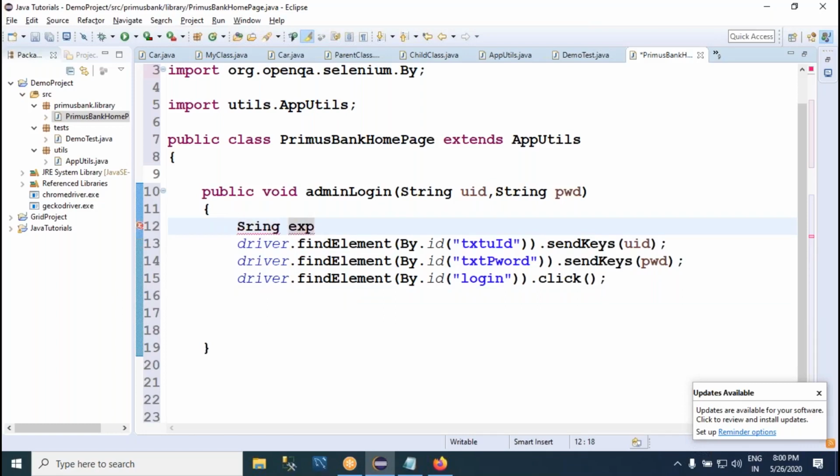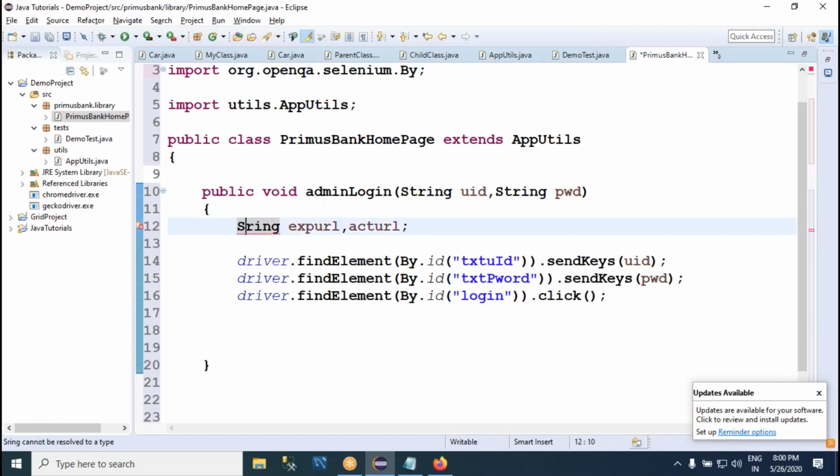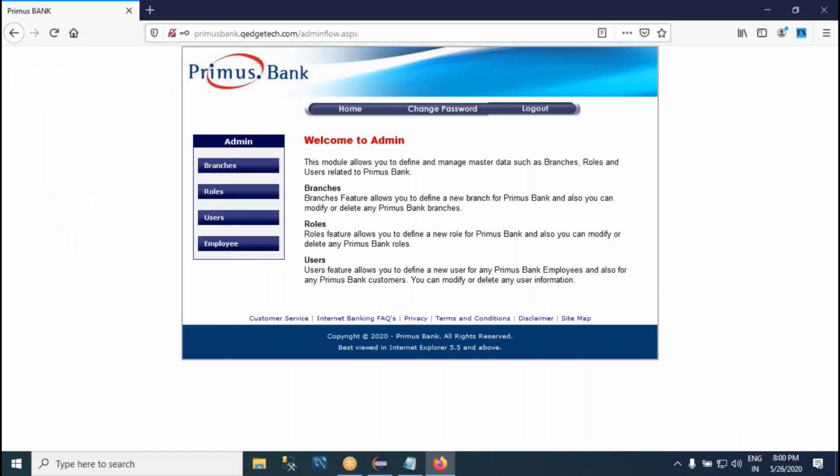One is expected URL, other one actual URL. So we are creating a function to test. I declare two variables, expected URL and actual URL. We should know the expected value. Expected URL. See, in this entire URL,